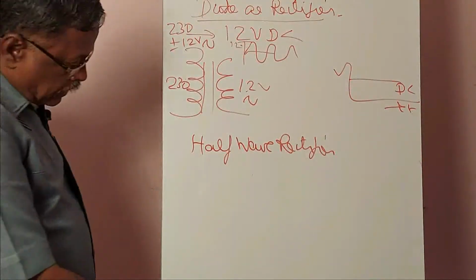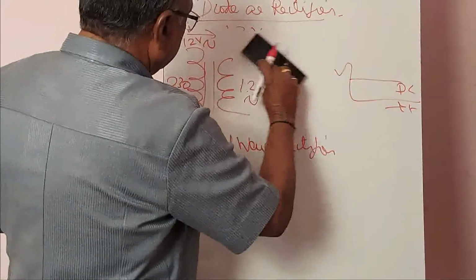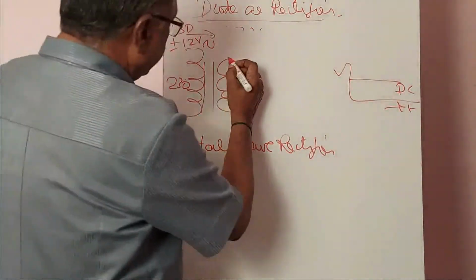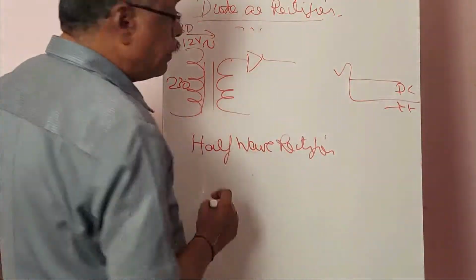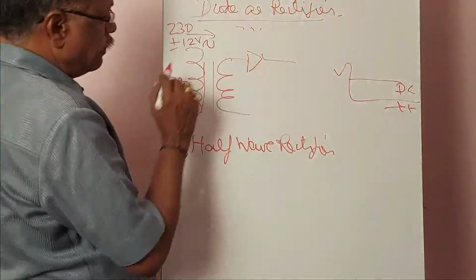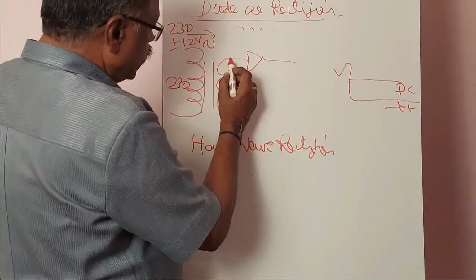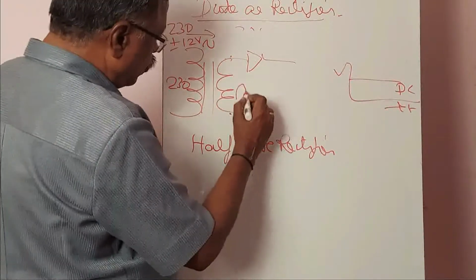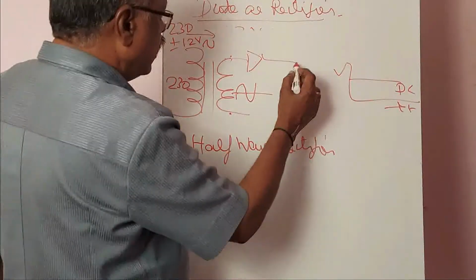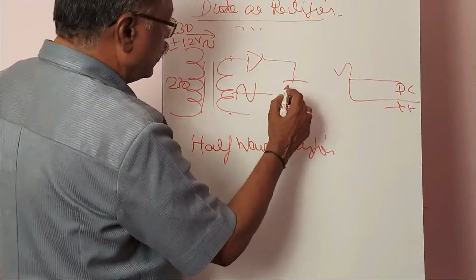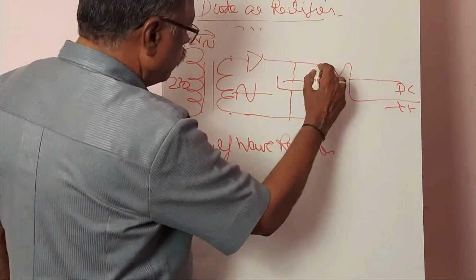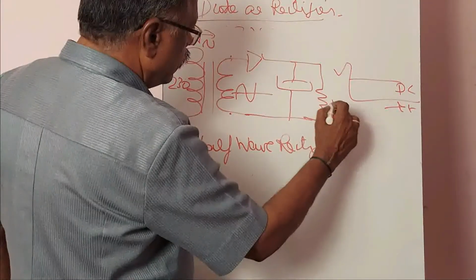For that, a rectifier has to be connected. So this 12 volt AC has to be connected to a rectifying device. The device may be a power rectifier diode made of silicon. Therefore, this is a rectifier diode. Now, the voltage between this and this terminal is going to vary from minimum to maximum, then change direction, and it will be driven through the diode to the load. Load resistor.